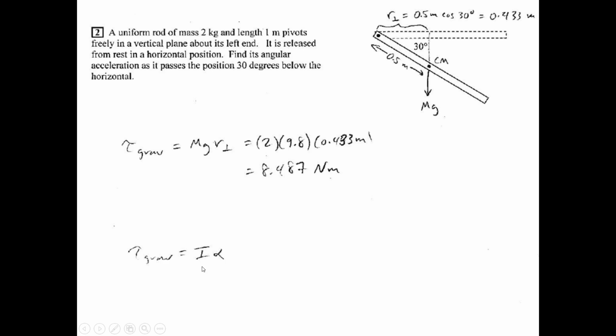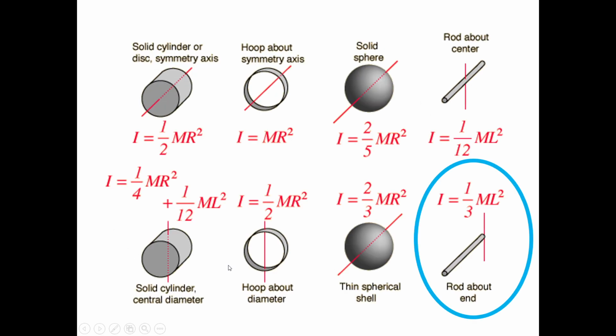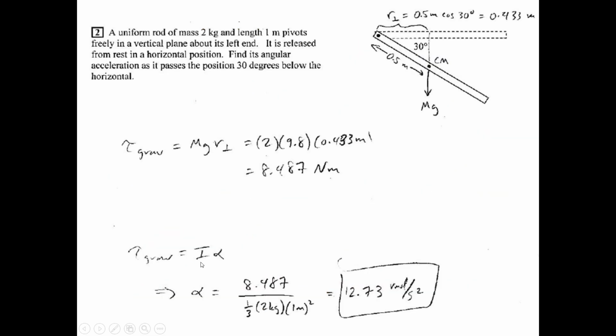And so to solve for alpha, we just need to figure out what I is, and we can go to our table of moments of inertia and look for the one for a rod pivoted about one end. So in this case, the moment of inertia is 1/3 ml squared, where L is the length of the rod. So plugging that in for I, and then dividing that out from the alpha side to get alpha, we get